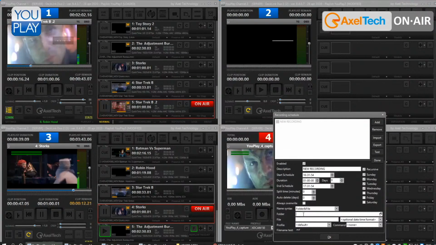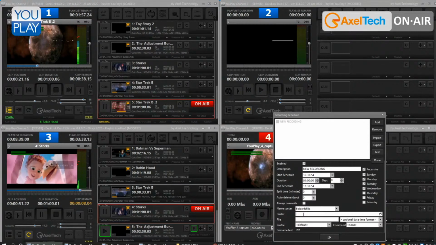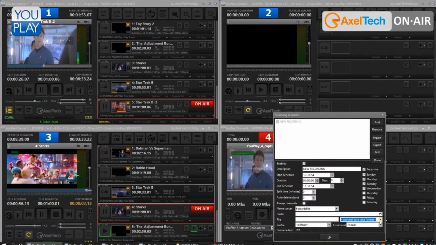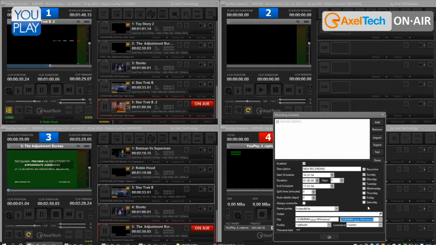So you can actually decide to split the recording into 1-hour segments, for example. And the interesting thing, there's a lot of naming syntax options. So you can decide to record to a folder, to give a name to the file, and to add to the file extra information regarding, for example, date and time. So the file will come out like my satellite recording, and then you will have the date and the time of the recording. So in the folder you will have a nice list of all the recordings that the system has done,